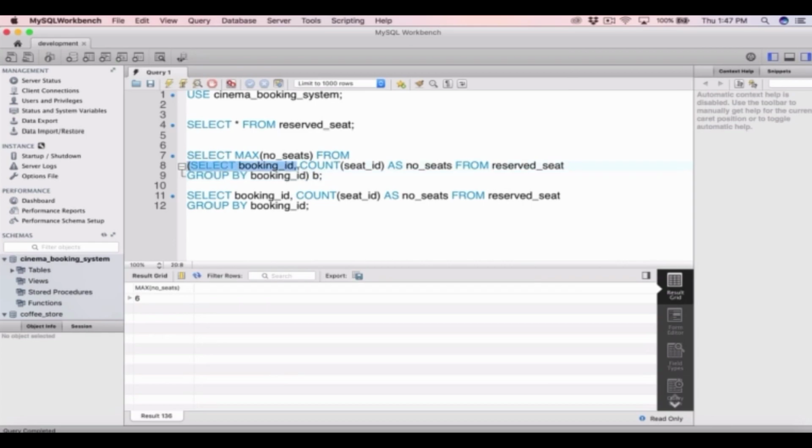So this table is being created and it's called a derived table. So it's not a permanent table in the database, it's just derived and used just for this subquery. But we have to give it a name, so we're calling it B in this case. And we can also select other columns from this. So let's say we wanted to select the average number of seats